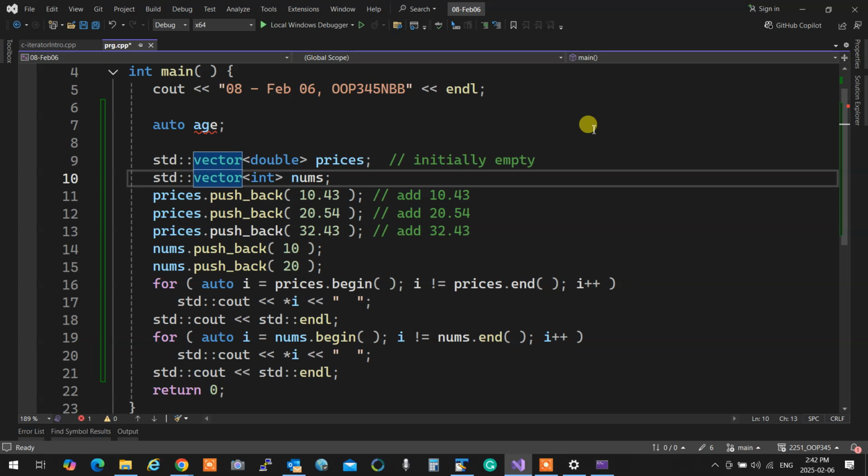At line 16, I'm saying auto i is equal to something, so it knows what the type is because it's being assigned to something. Same thing happens over there. If I write auto age, I have to write 25, so it knows age is an integer. Otherwise, it doesn't know what it is. Auto is automatic. When it's automatic, you have to have something to be automatic about.